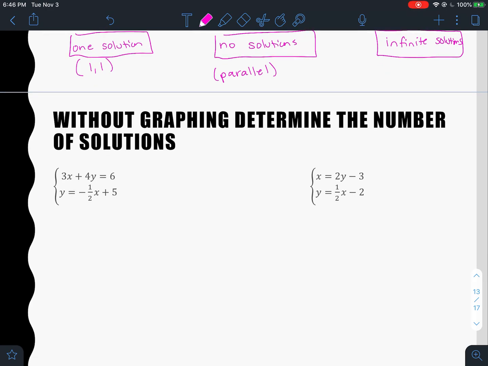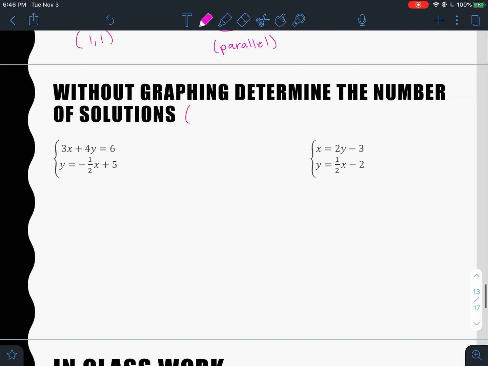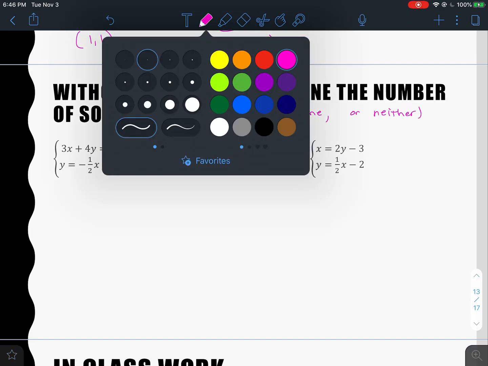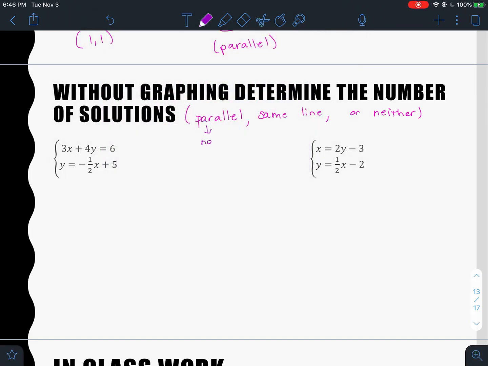of linear equations. Without graphing, determine how many solutions these equations would have. Basically, we need to figure out if they're parallel, if they're the same line, or neither of those options. If they're parallel, then there would be no solutions. If they're the same line, then they would have infinite solutions. And if they're neither parallel nor the same line, then they would have one solution if you were to graph